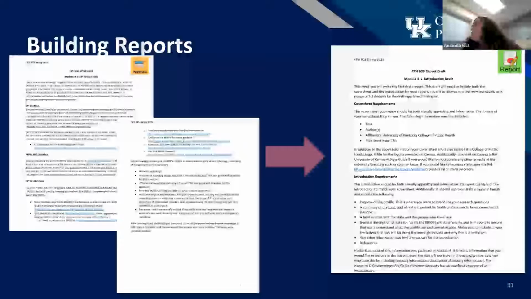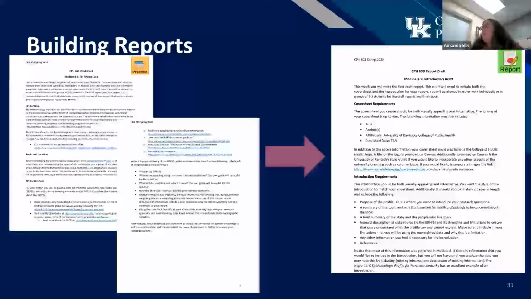So for example, here I've got a worksheet as well as the directions for one of the drafts. You'll notice the worksheet here is on the left, and this is at the very beginning when they were working on their introduction draft. So here in this piece is where students were first trying to figure out what their topic was going to be and just learning about the reports.